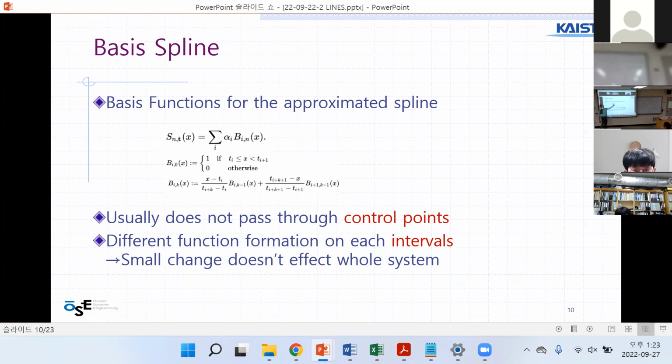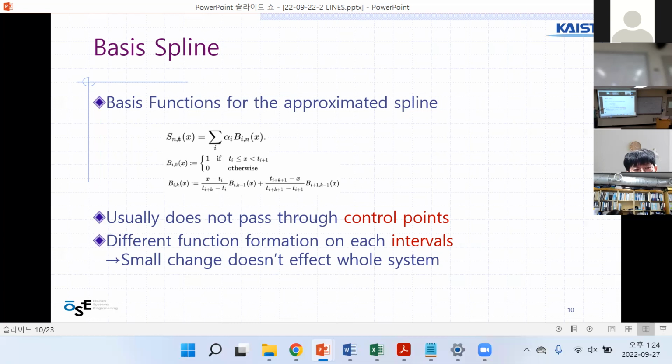Same idea, but in mathematical form, it looks complicated. The same idea, same basis, and the parameter is coming from 0 to 1, right? And then B is a little bit complicated, but this one is again coming from the Bezier. Blending and blending and blending and blending, right? Or complete linear